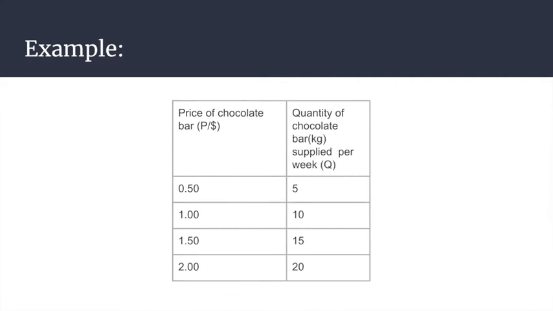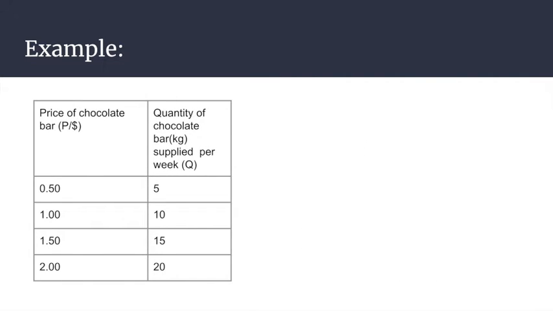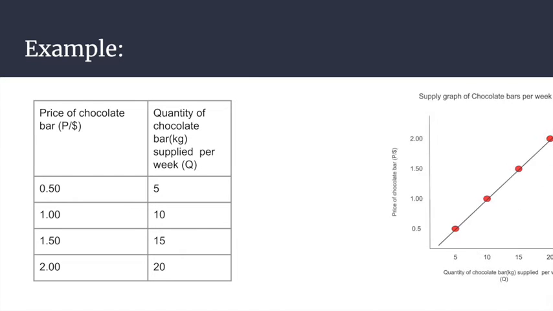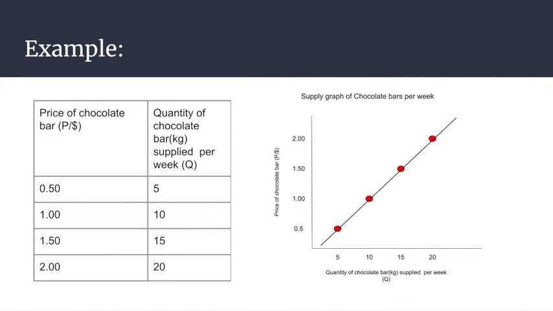So an example of supply can be very similar to demand. We have on this table a price of chocolate bar, and we have the quantity of chocolate bars supplied per week. In this particular case, the price for 5 chocolate bars is about 50 cents. For 10 chocolate bars, it's $1. For 15 chocolate bars, it's $1.5, and for 20 chocolate bars, it's $2. Obviously, the prices might not be real, but if we substitute these prices onto the supply curve, we can see the